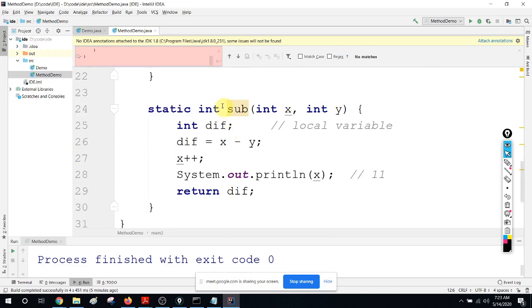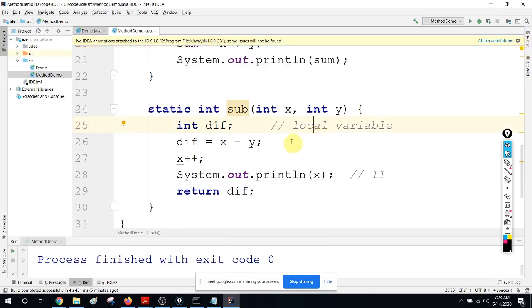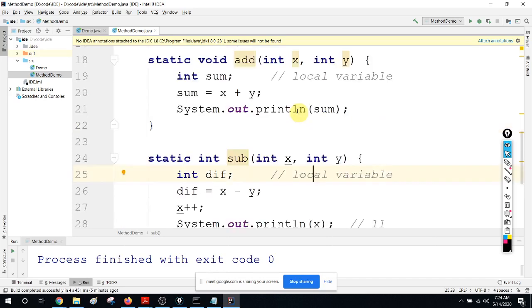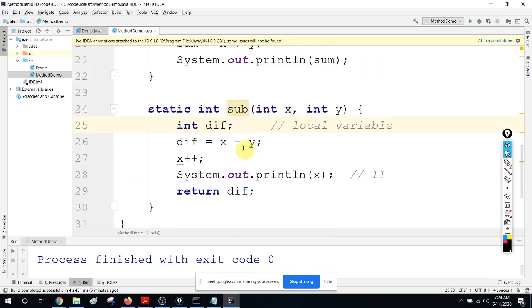Sometimes you write code and it is not a compile error. If it is a compile error, you can straight away find it. Sometimes it is not a compile error, but it is giving some output which is not what you are expecting, and you can't figure it out. Of course, if you can figure it out, that is okay. But there are some tricky places where you can't. For example, let's assume that for some reason I made it plus. Obviously, that is a very straightforward issue, but assume that you somehow couldn't figure it out.